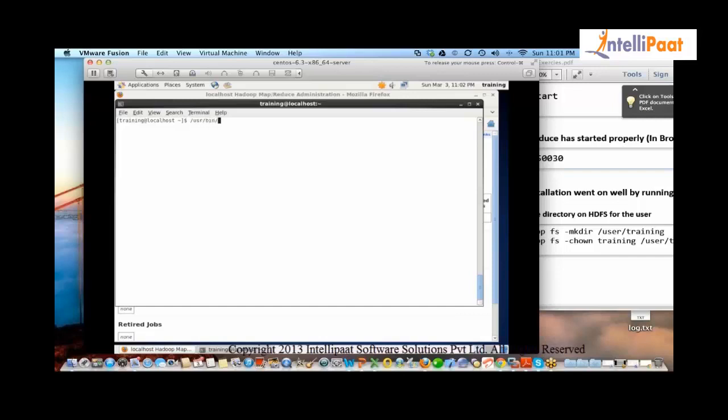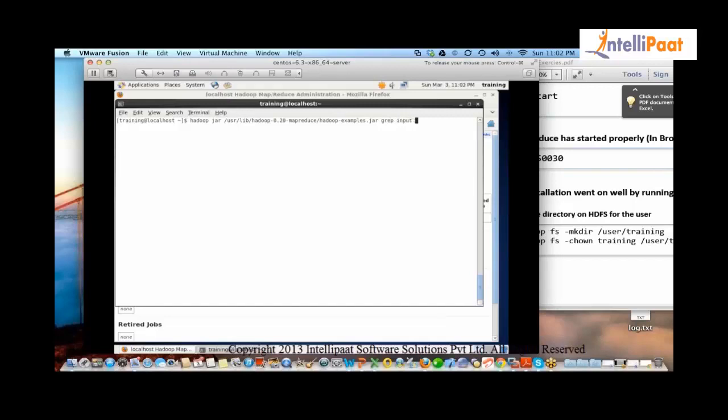We say hadoop jar. In fact, instead of /usr/bin, we can just say hadoop jar /usr/lib/hadoop examples. This is a jar file that somebody has already written. The main class in that jar file is grep.